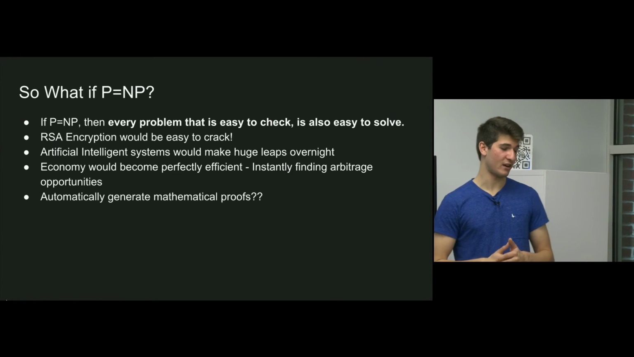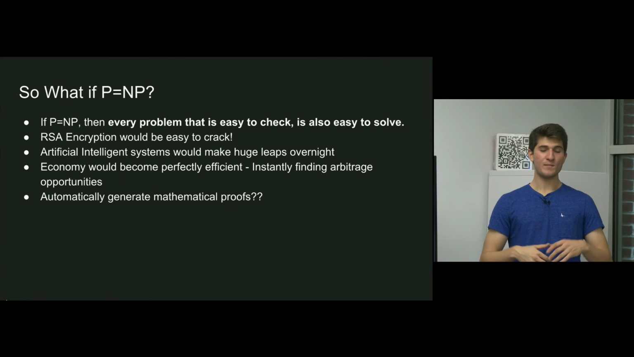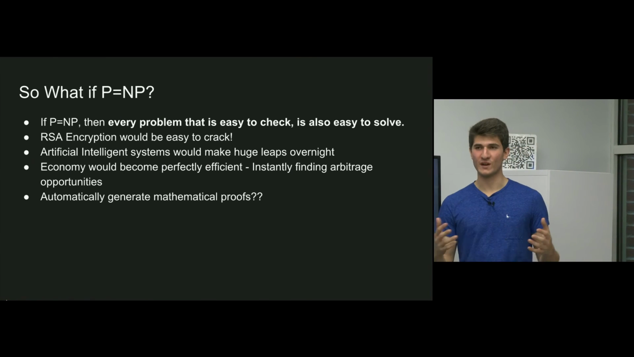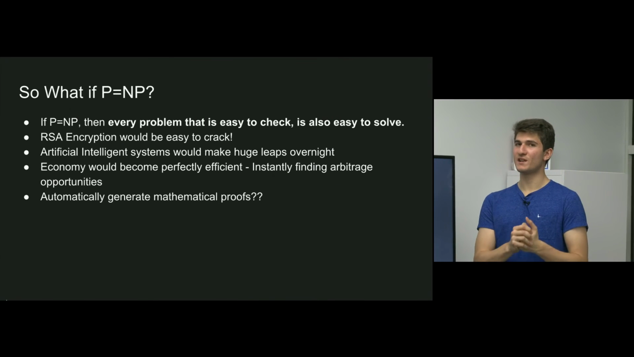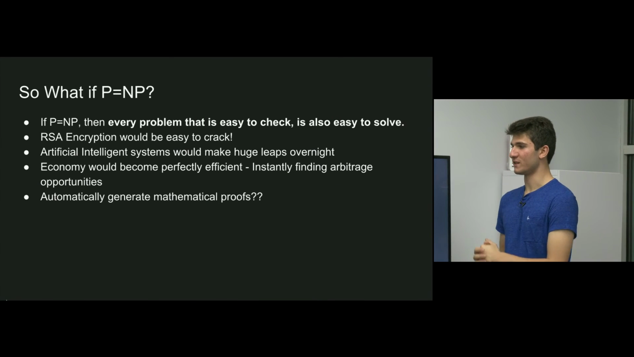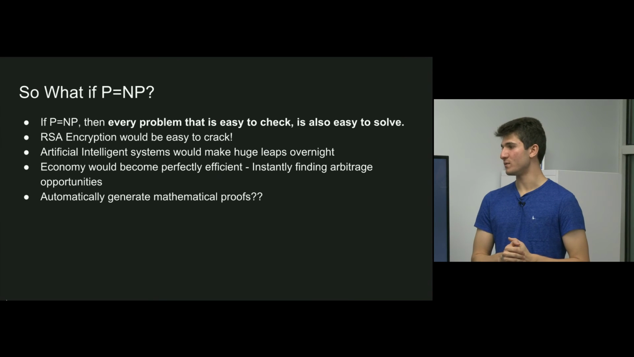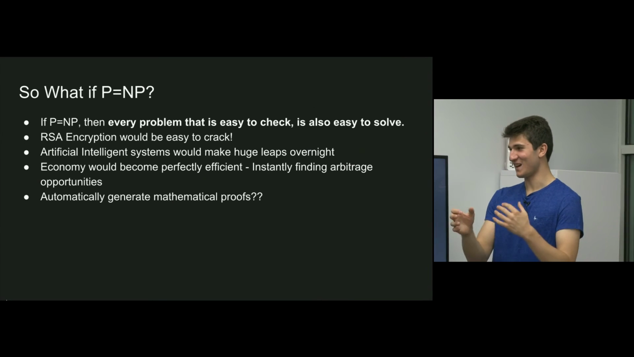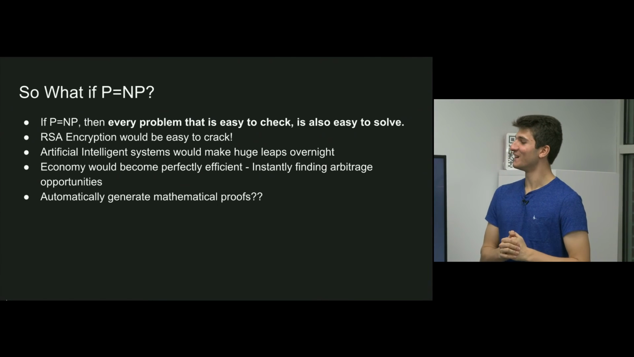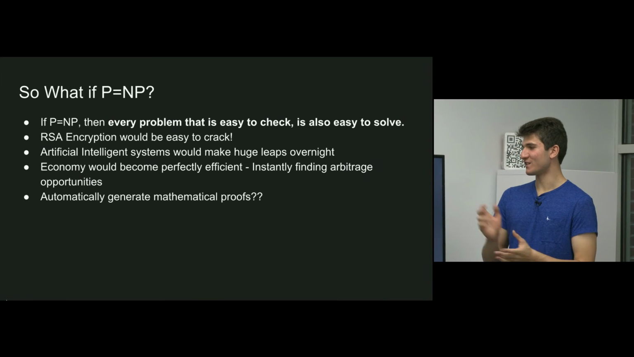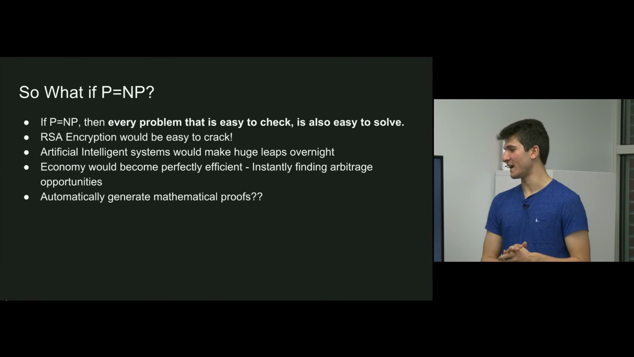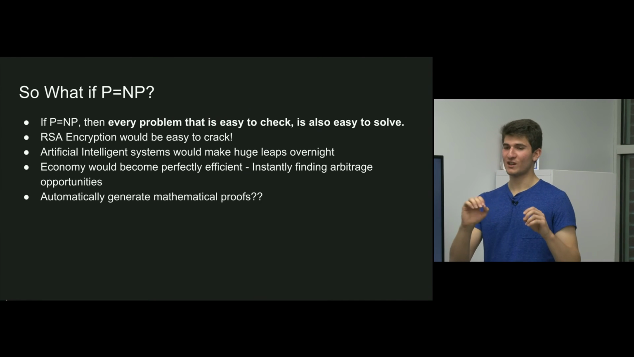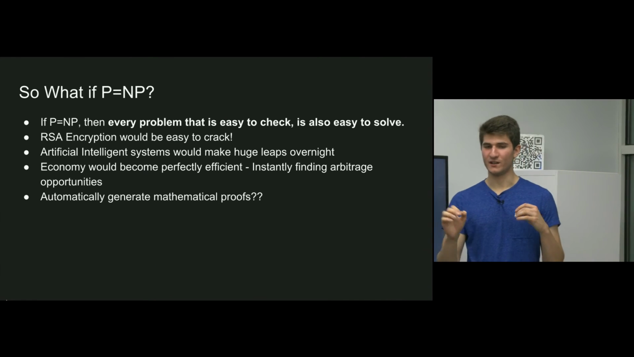Another ramification would be that artificial intelligence systems would be making huge leaps almost overnight, because a proof that P equals NP would also tell us something fundamental about solving certain problems that AI people solve. I don't want to go into details too much there, but another ramification, for example, would be that the economy would be perfectly efficient, which means that if there were any arbitrage between two different